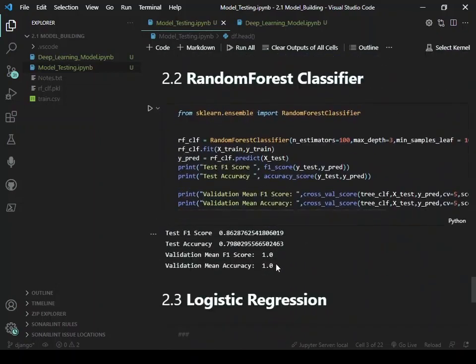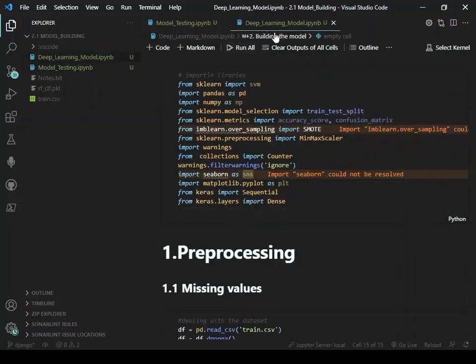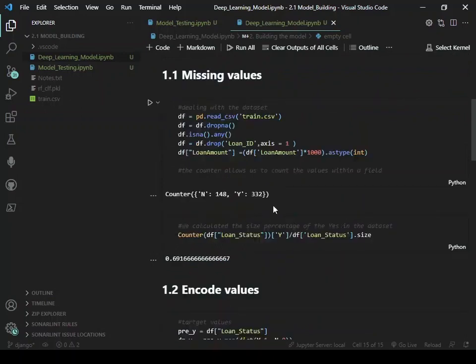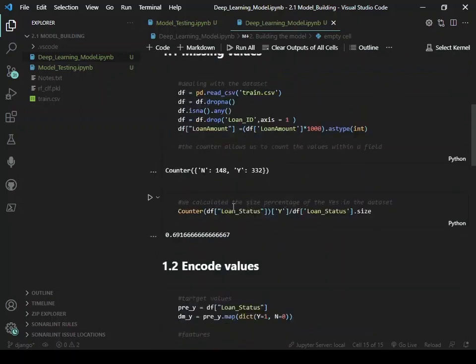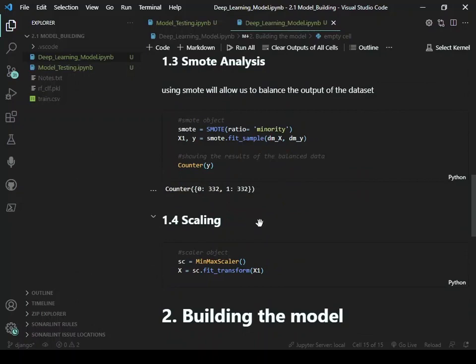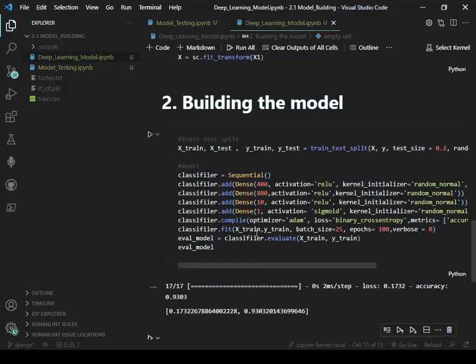Moving forward, I wanted to implement a deep learning model. I implemented that model in a different Python notebook, since it requires different pre-processing steps. As we can see, we started off with the missing values. We looked at how many yeses and nos we have in our data set. Then we encoded those values, implemented SMOTE analysis, started scaling, and from that point on we built